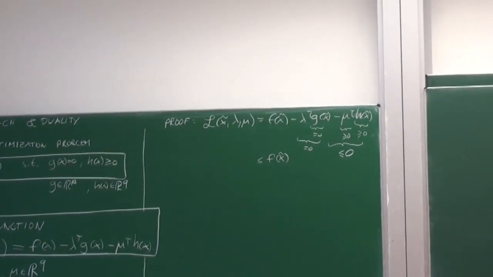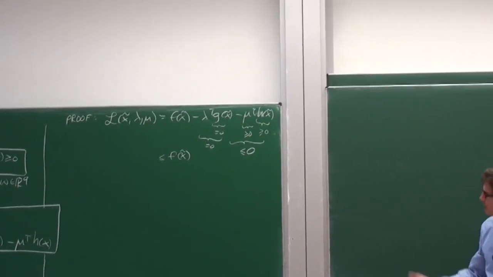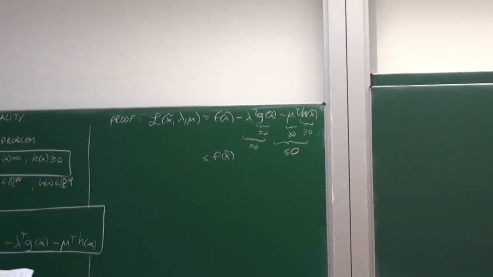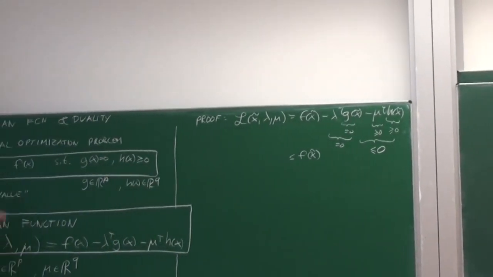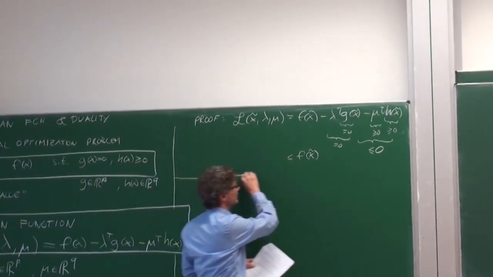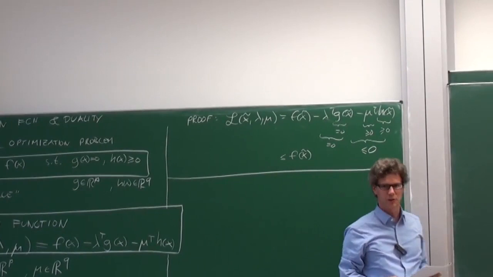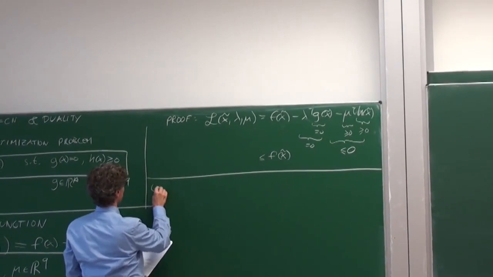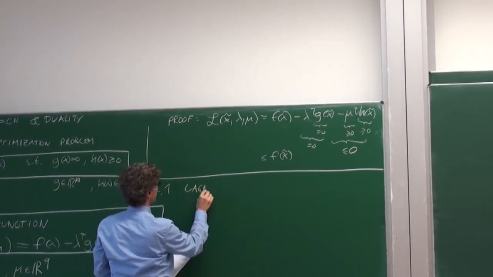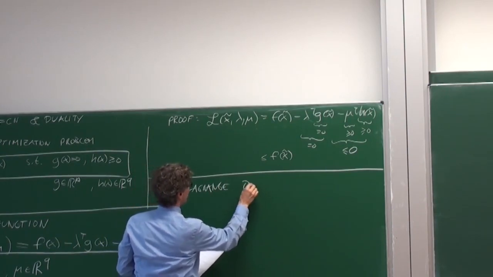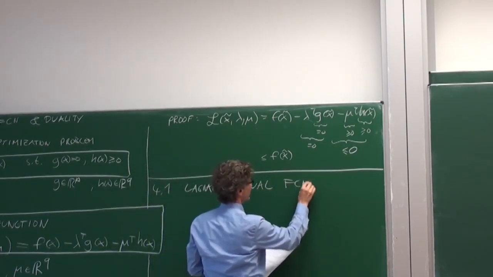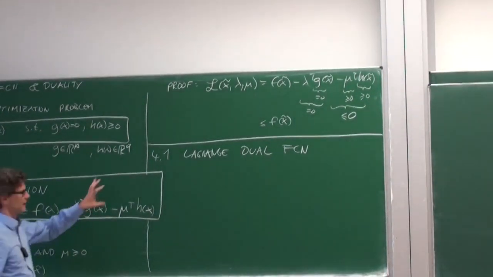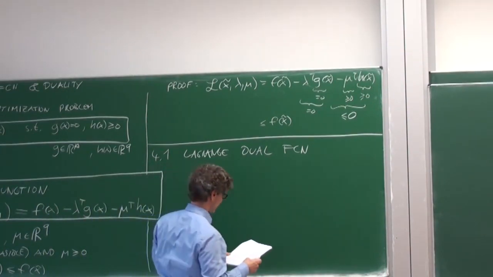What we can now do with this Lagrangian function is we can minimize it, and when we minimize it, we know, of course, that we will keep a lower bound to our optimal value, and that's what we will now define. So we will define a function which we call the Lagrange dual function, which will already minimize over all x. So this is not the Lagrangian itself, it's the Lagrange dual function. So this is the Lagrangian function, and that's the Lagrange dual function, and it is defined by,